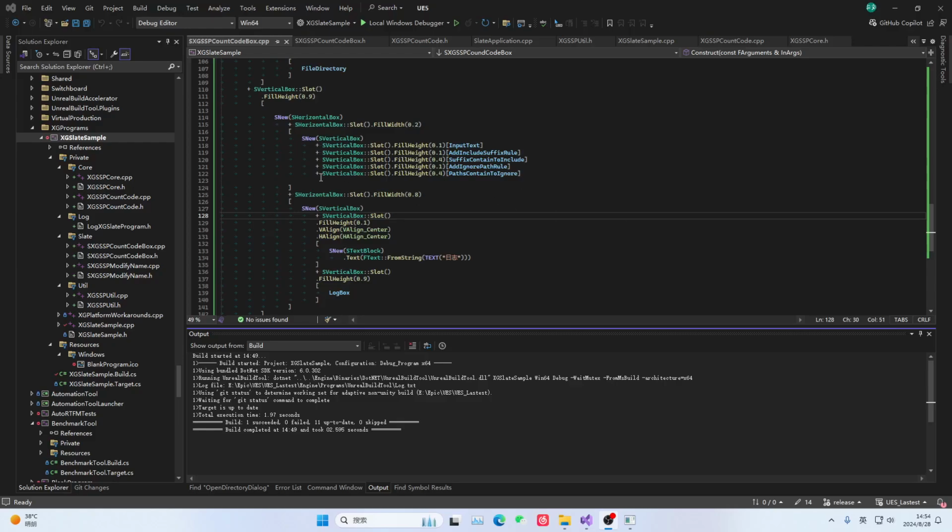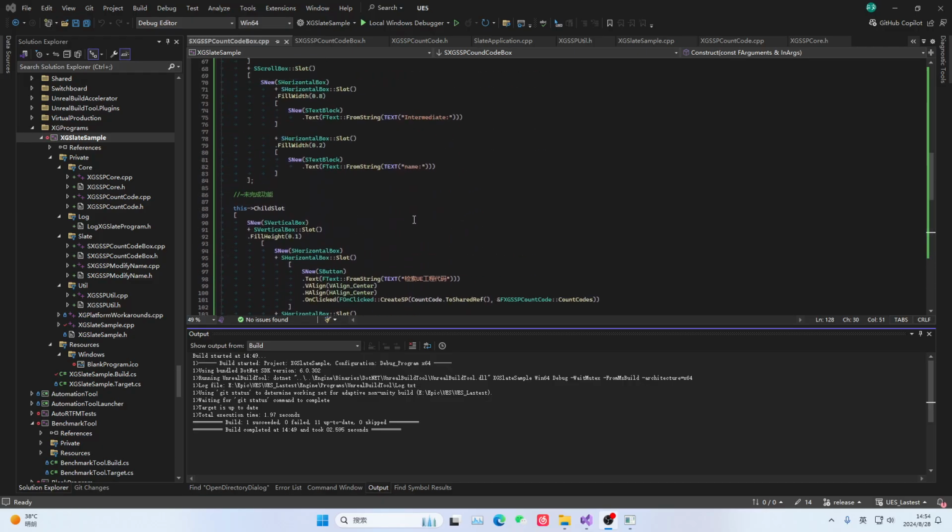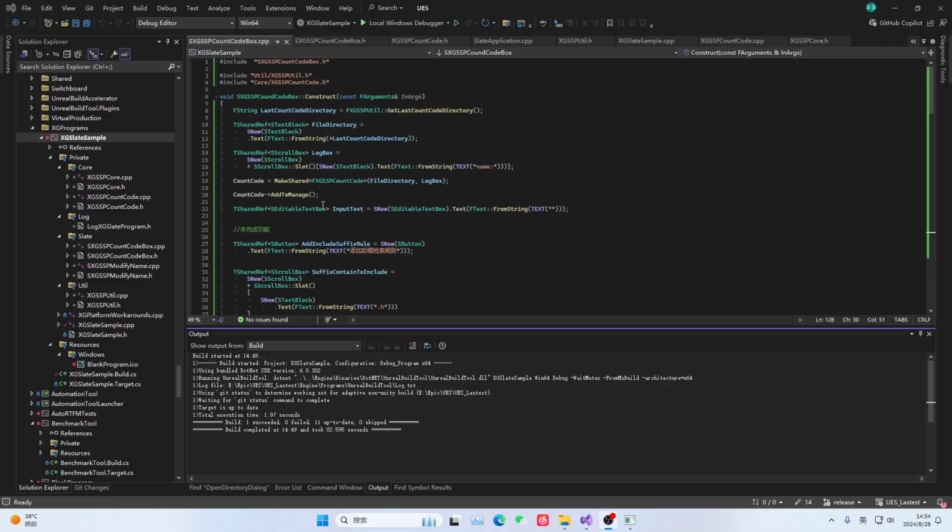In this lesson, we will actually build our count code. How does it interact? Actually, when we instantiate our underlying runtime unit, it will instantiate make share, and then we pass in this path and the printed log to it, right? Then these two smart pointer objects are passed to it. At the same time,